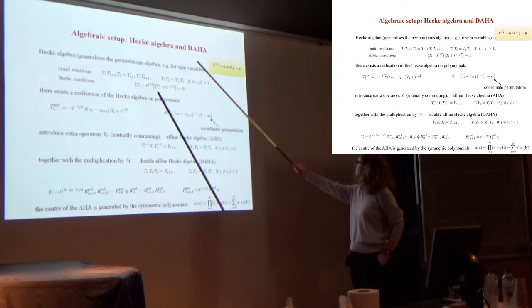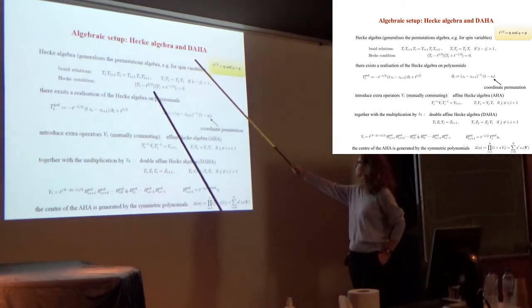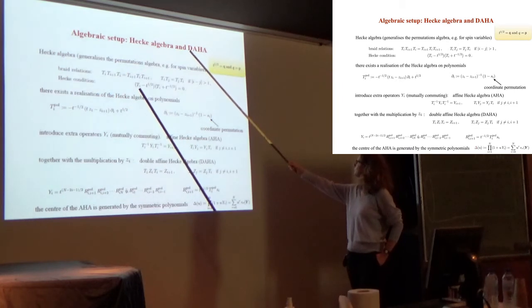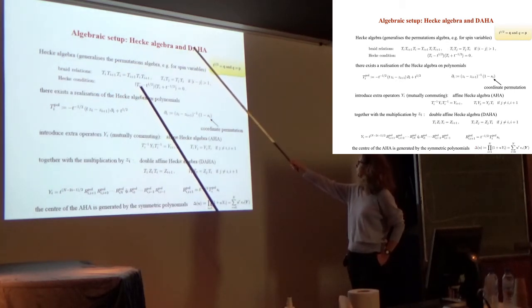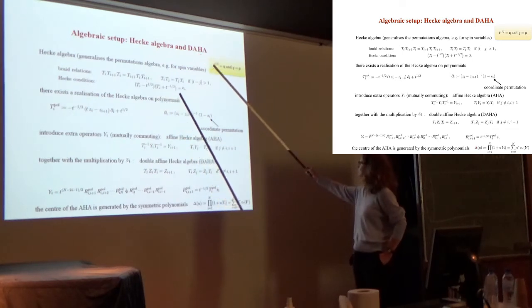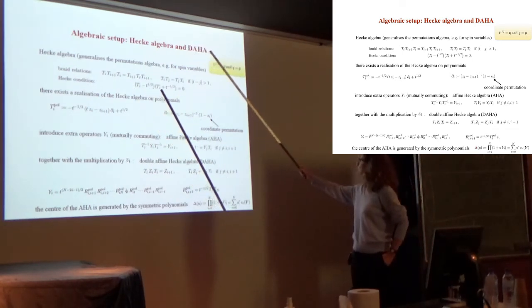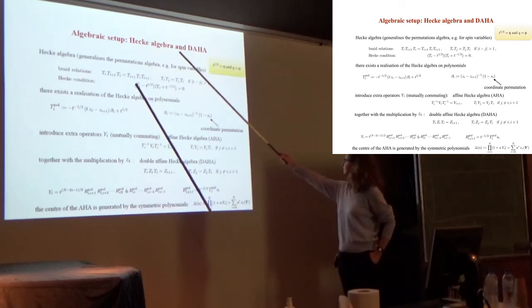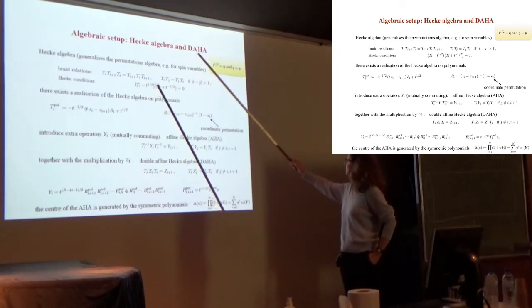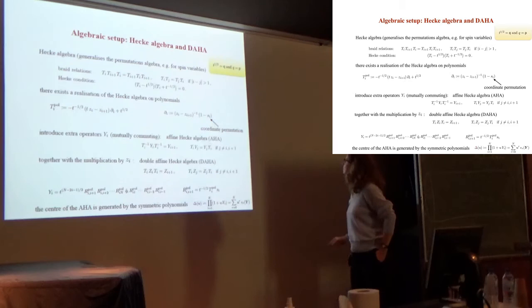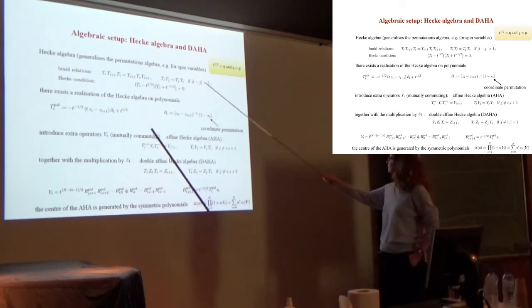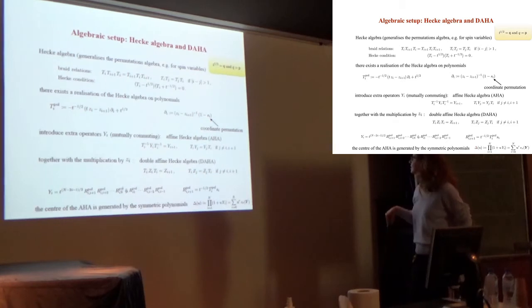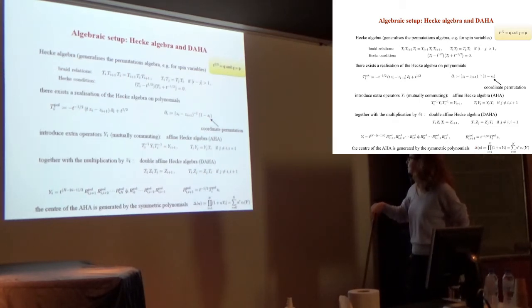And what changes with respect to the permutation is this Hecke condition. So for permutation, you will have pi minus 1, pi plus 1 is equal to 0. So you can see these two combinations as orthogonal projectors. So this will be the anti-symmetrizer, and this will be the symmetrizer projector. So that's the fundamental relation of Hecke algebra, and this algebra can be realized.